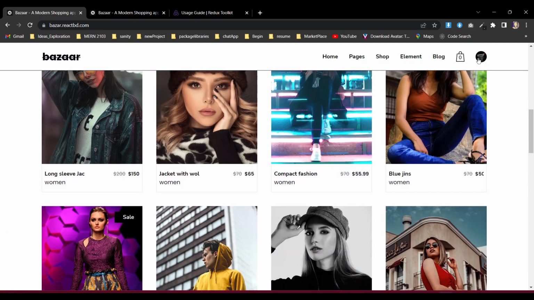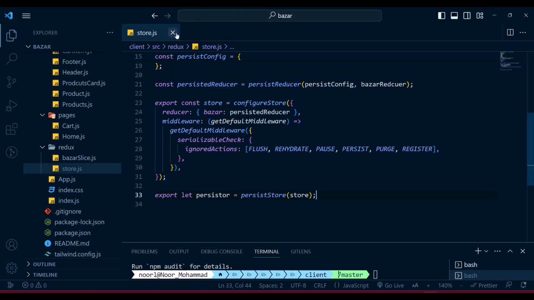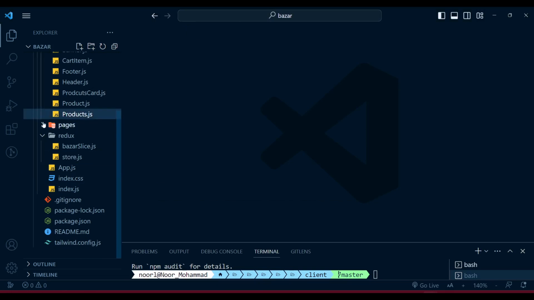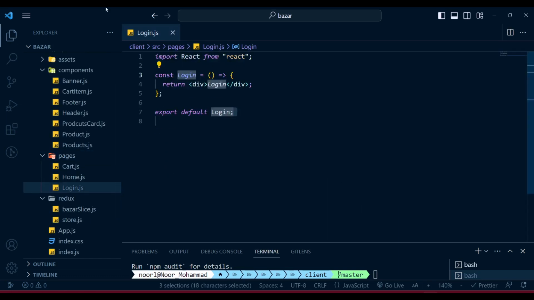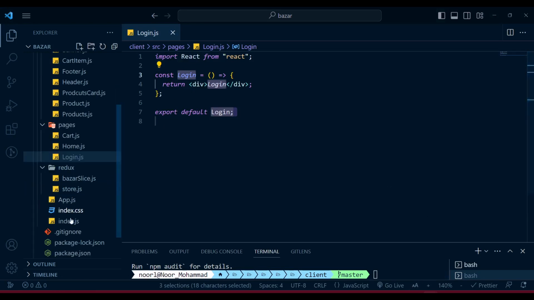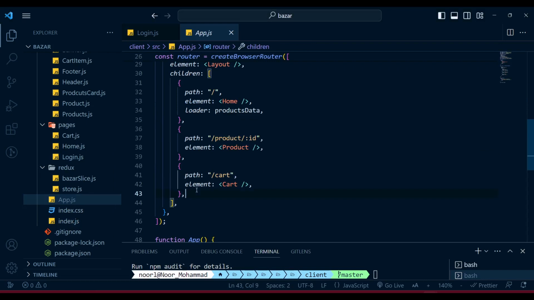a designable one. So now we need to create our login page, and to create the login page, our store is down in the pages. What we're going to do is create Login.js with rafce. So now we need to create our login page, and of course we need to go to our App.js. We need to create a route for our login page. The path will be login, and the element will be